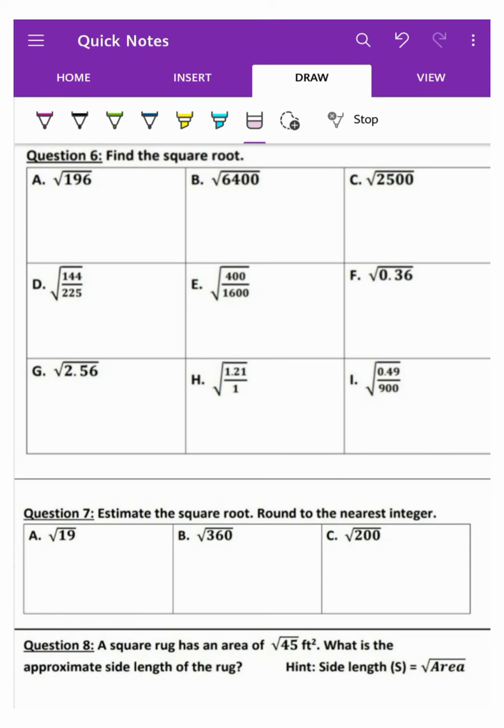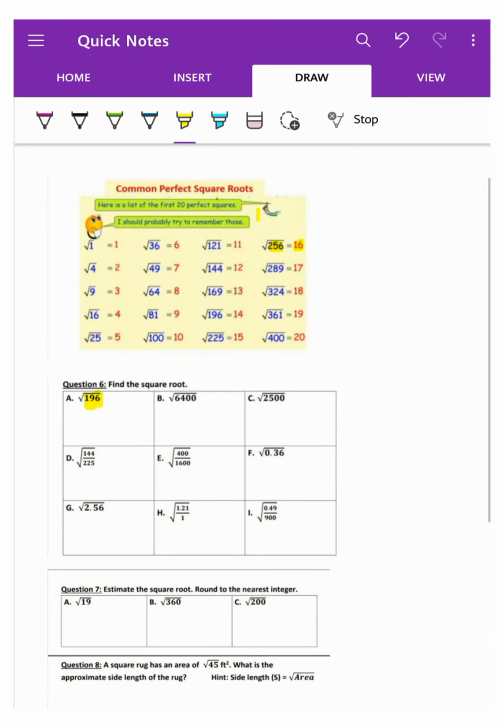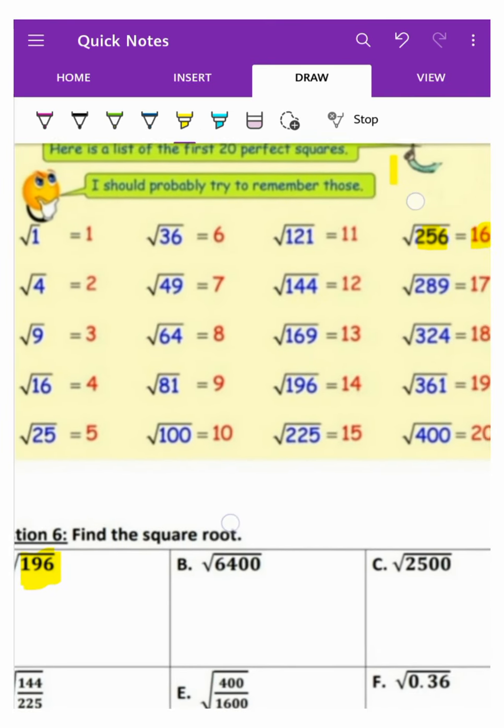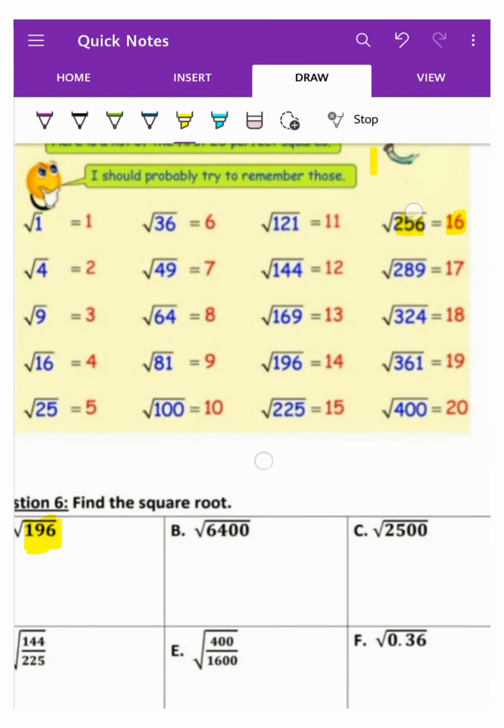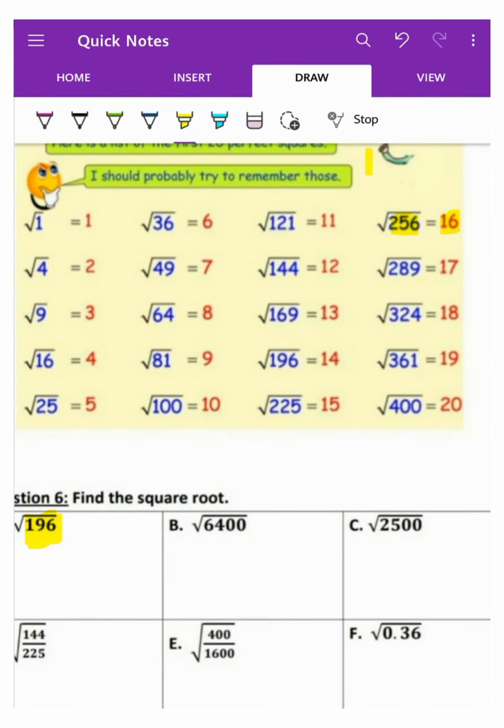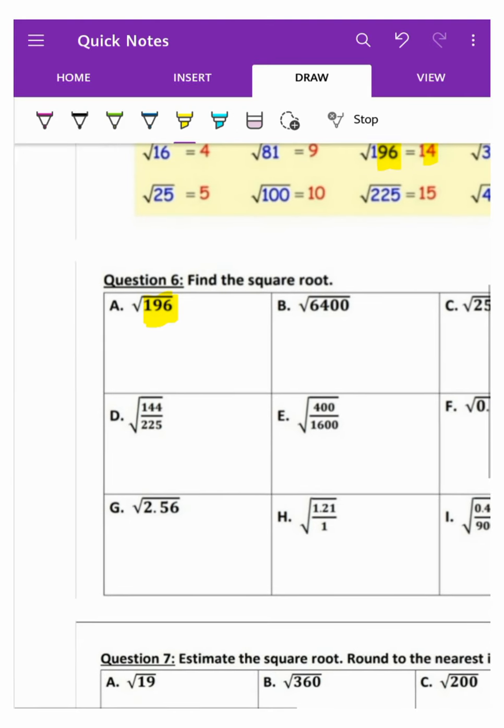My dear students, now question number 6. Find the square root of 196. You have to know whether this number is a perfect square or not, so you have to memorize the perfect squares from 1 to 20. The square root of 196 is equal to 14. Memorize it. So the answer here is